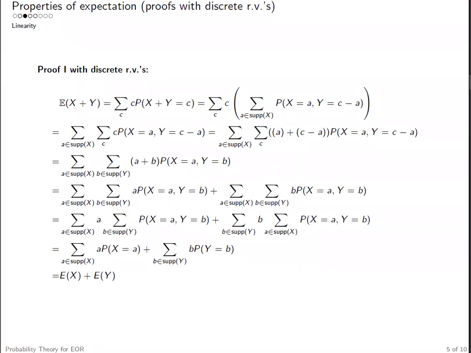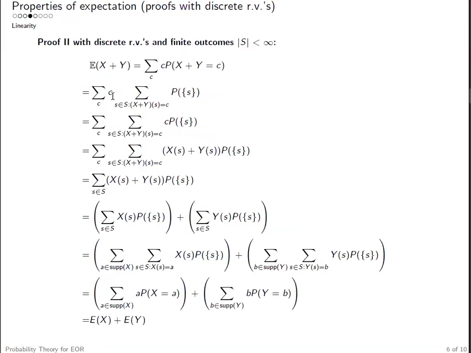Let's consider another proof. Now here we add an additional restriction such that the sample space only contains a finite number of outcomes. Well, we consider this restriction to simplify the procedure and avoid unnecessary difficulties. Okay, so here we have finite outcomes. Well, the result holds true even if we relax this condition a little bit, but if we work with finite outcomes, the proof is much easier and understandable. So let's keep with this restriction.